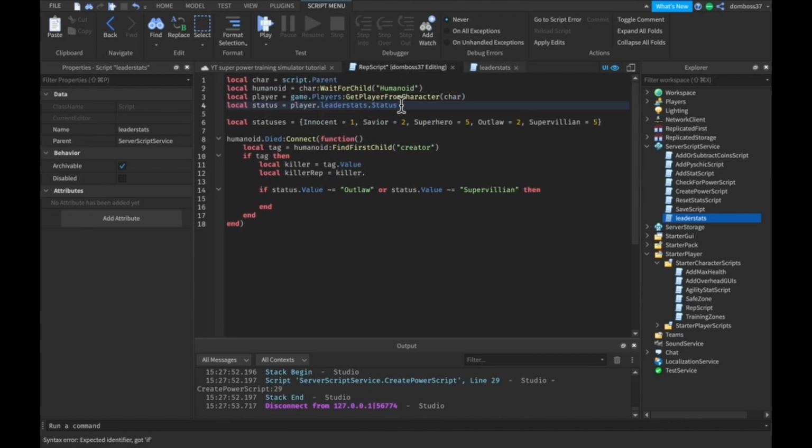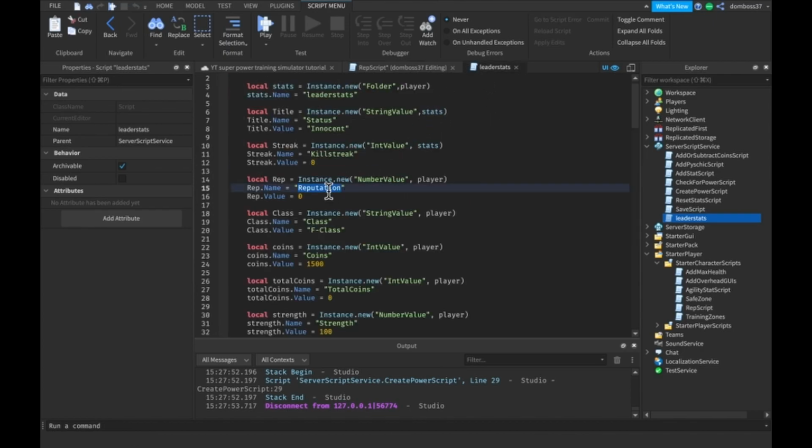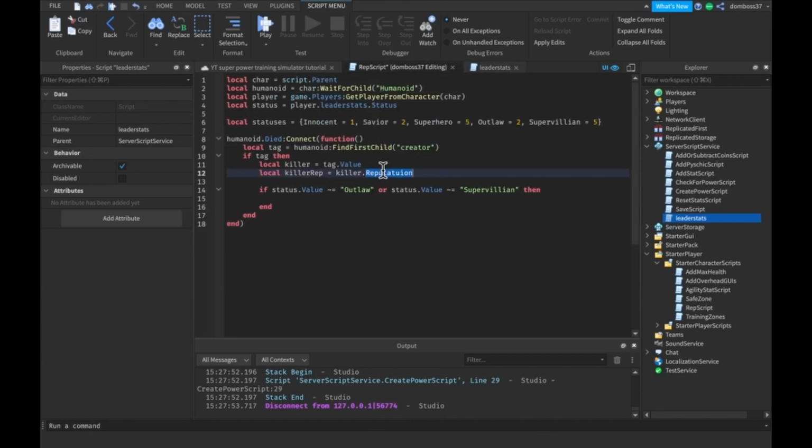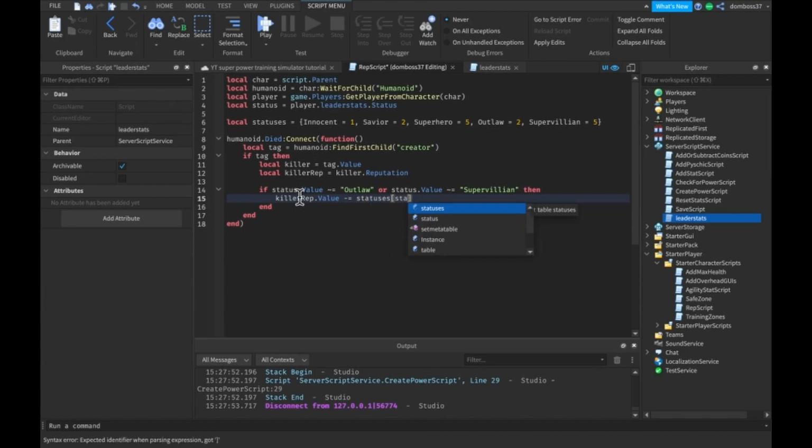Okay, so we'll do killer.Reputation. Okay, let's just copy that and paste it here. Alright, so killer.Reputation. So then we'll do killerRep.Value minus equals the statuses at the status.Value,